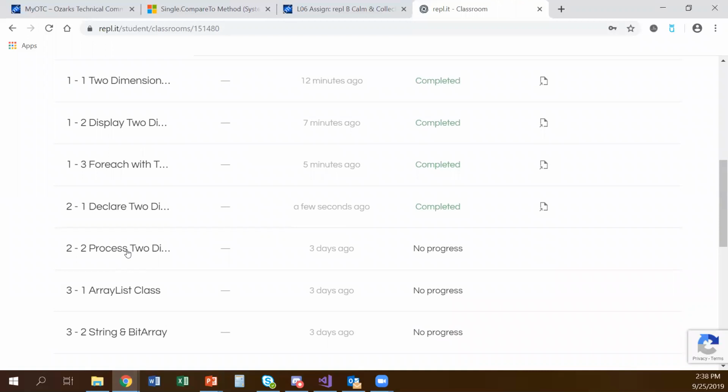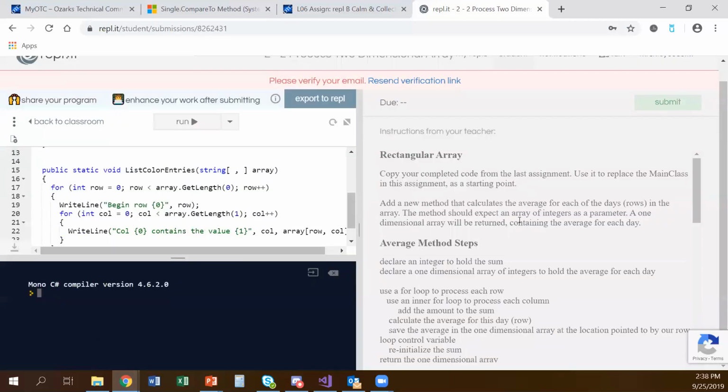Now the next one says to copy that code from the last assignment. We're going to use it to replace the main class in this assignment as a starting point. Before you go copy, I'm going to read the rest of it. We want to add a new method that calculates the average for each of the days in the array. The method should expect an array of integers as a parameter and return a one-dimensional array containing the average